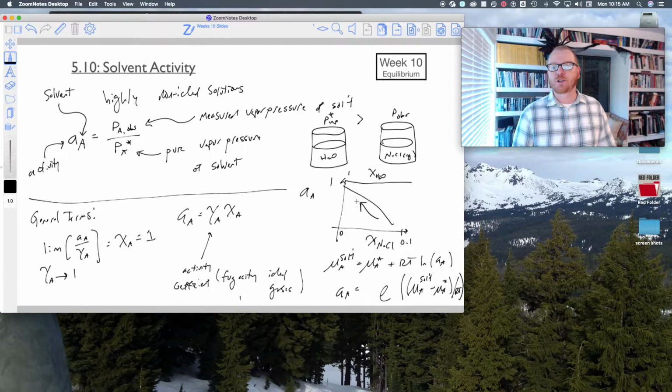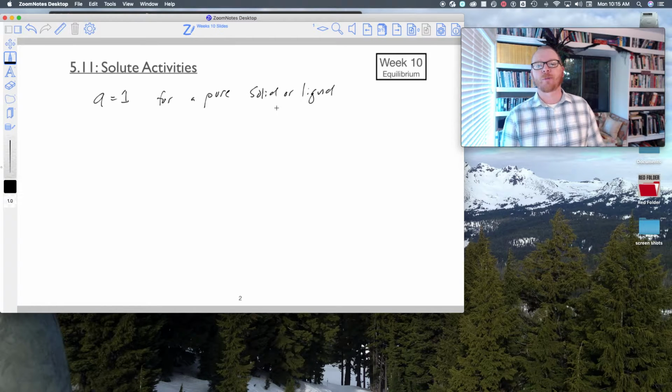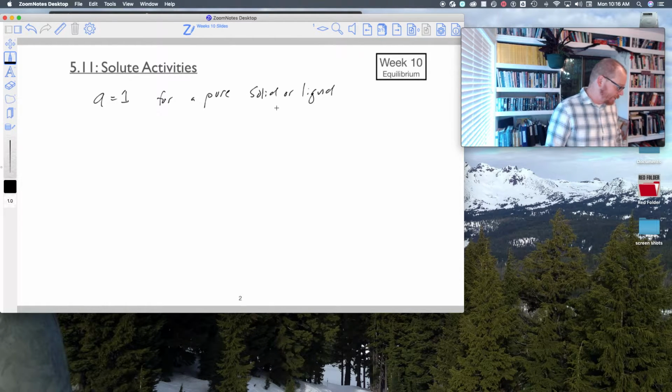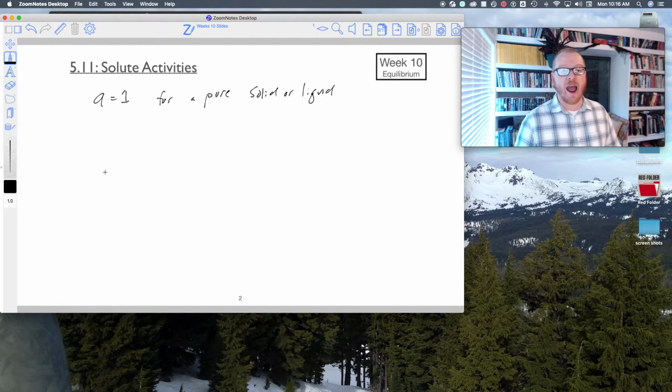As our solution becomes more and more dilute, to the point where it's no longer a solution but just a pure liquid, the activity will be 1. Well, the same is true for a pure solid as well. The activity is always 1. All right, but if we have now a solution,